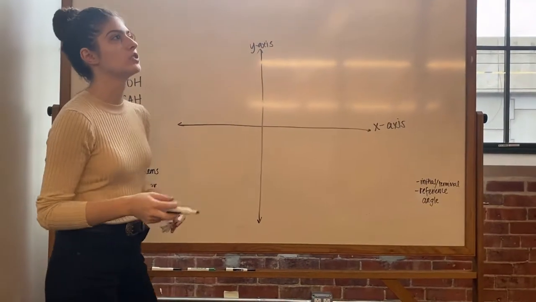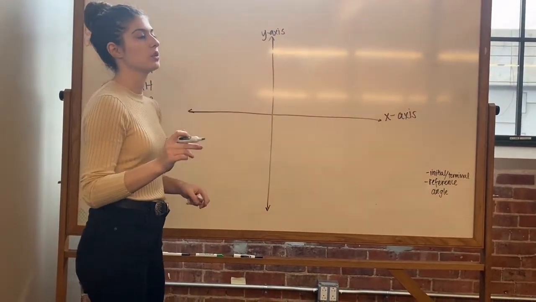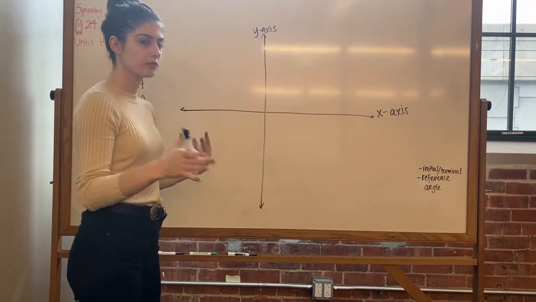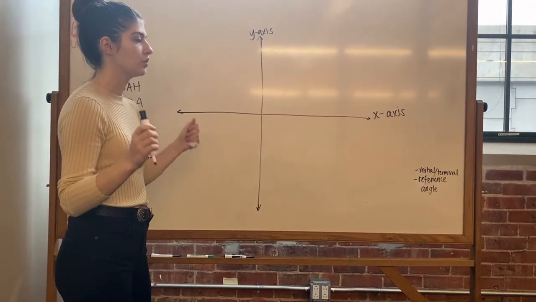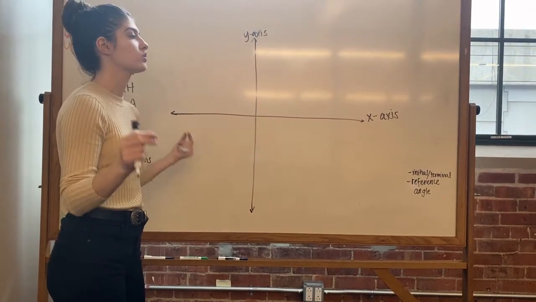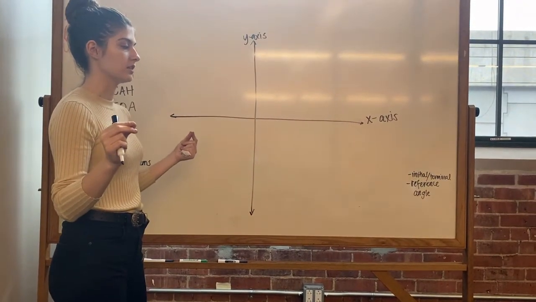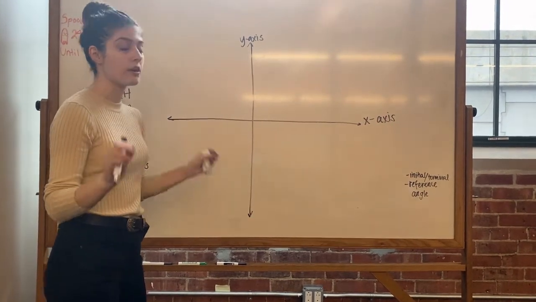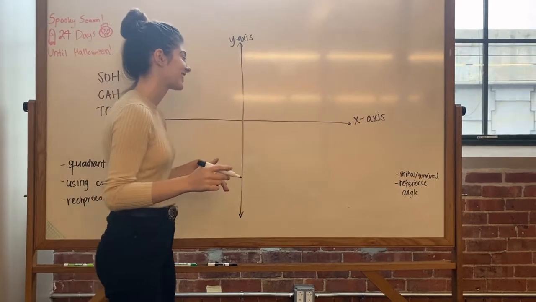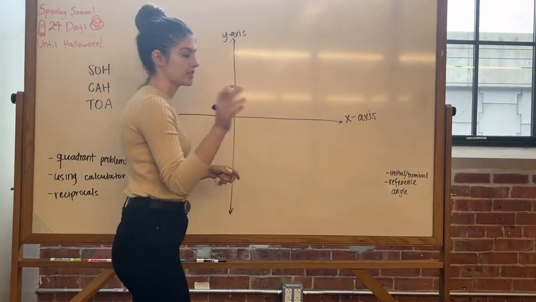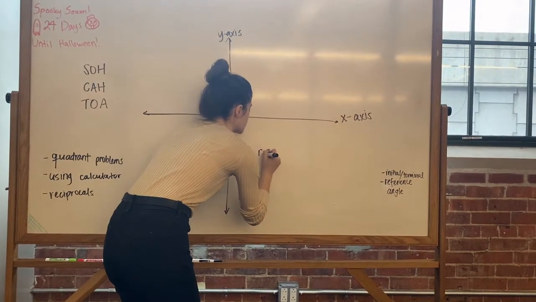So before I move on to another example of how to work with the quadrants and the points and the functions, I want to go over something that I think wasn't very clear the first time I explained it, so I really want to make sure that this is known now. I'm going to go over the reference angle. All right, so the reference angle, all it is, I'll write this down so that you know. Reference angle